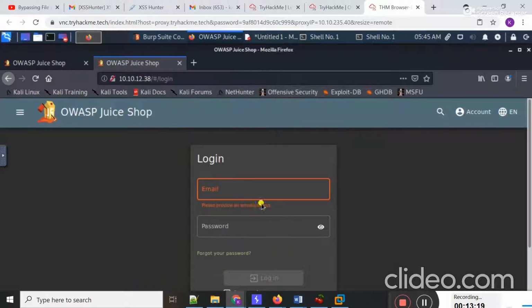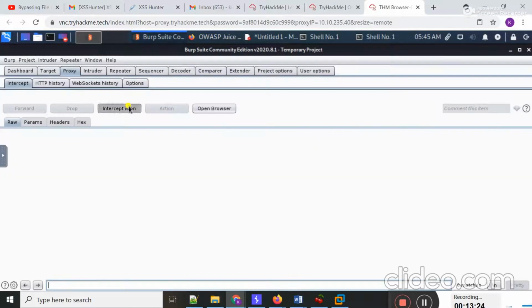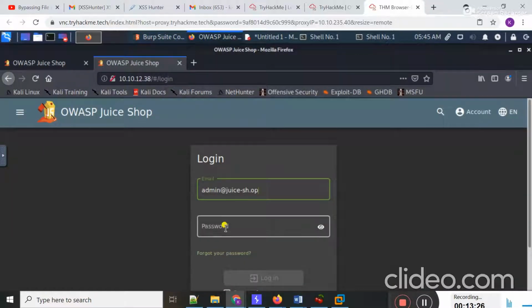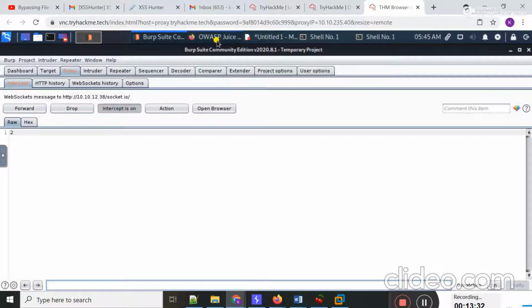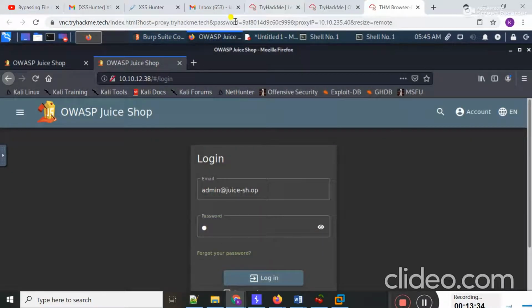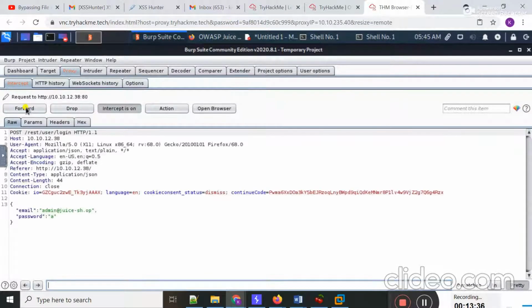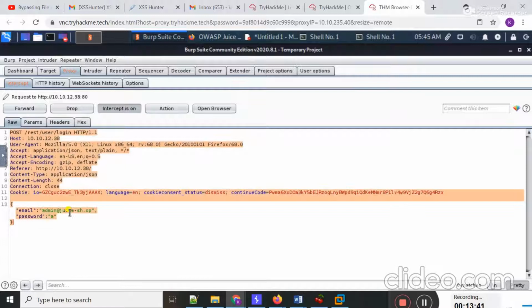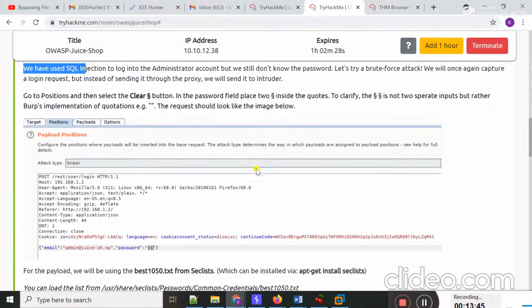I'm going to copy it from here and paste it. Intercept is on, and now in place of password I type anything. Right now I typed A and clicked login. From here I've captured my request. You can check, this is my login request. I'm going to send it to the intruder.